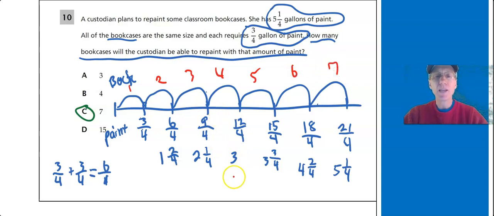And you know what? Back here, I could have even stopped and said, wow, I'm already at 3 gallons. You could have thought it through and just said, I'm at 3 gallons, so it's not here, it's not here. If I double that, I've done 4 for 3 gallons. There's a ratio for you. If I double that, 4 for 3 gallons, that'd be 8 for 6 gallons. So clearly I can't get up here. So I could have stopped right there and I could have had the problem solved.